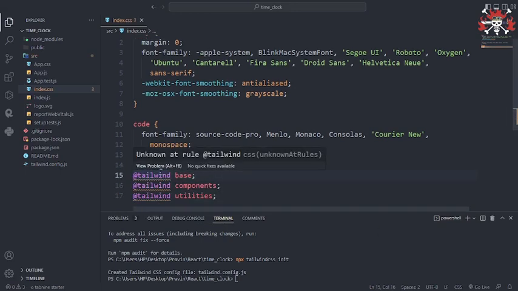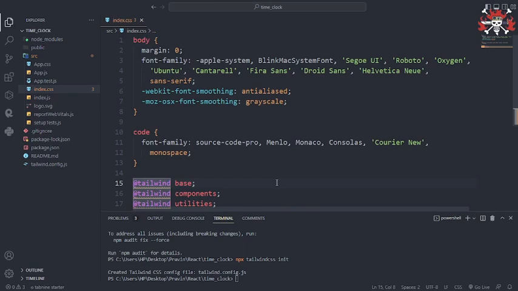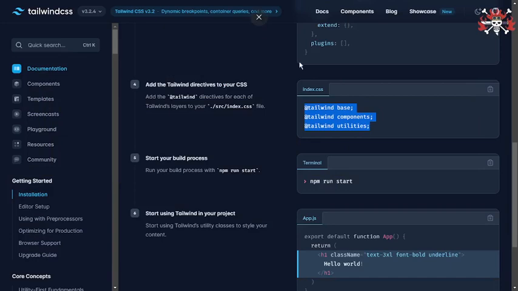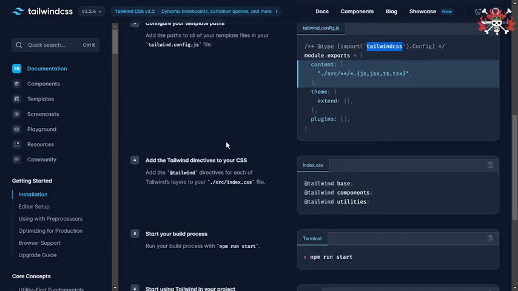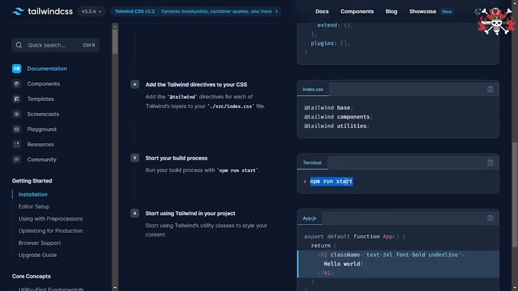Okay, and unknown at rule at tailwind CSS. Oh, what is this? Let me go and check. At type import tailwindcss config. Then okay, that's okay. Then here add the Tailwind directives to your CSS. Okay, I have done that,